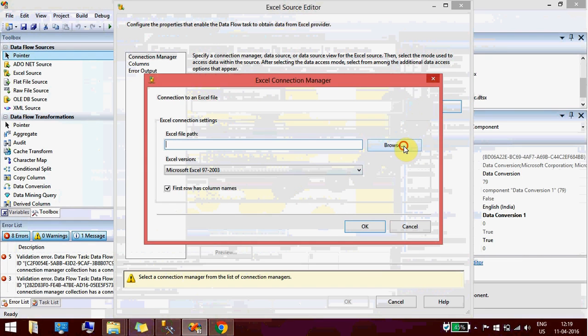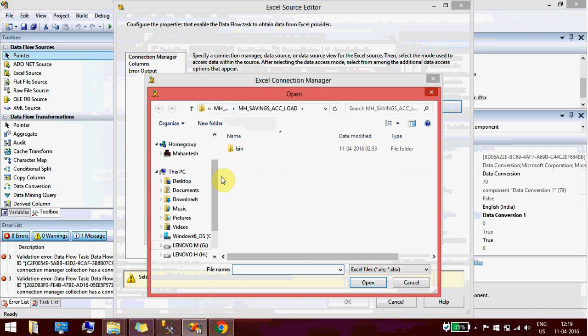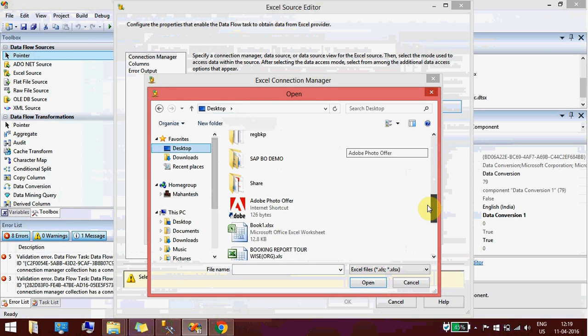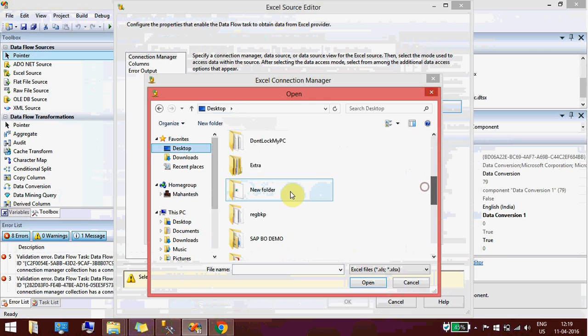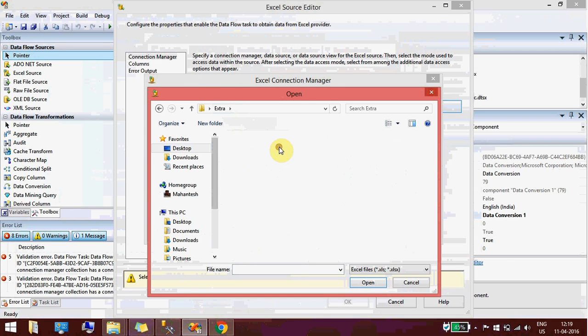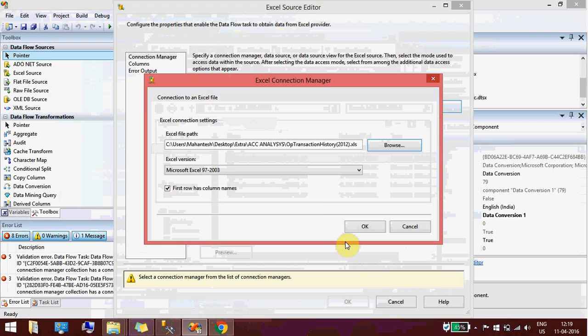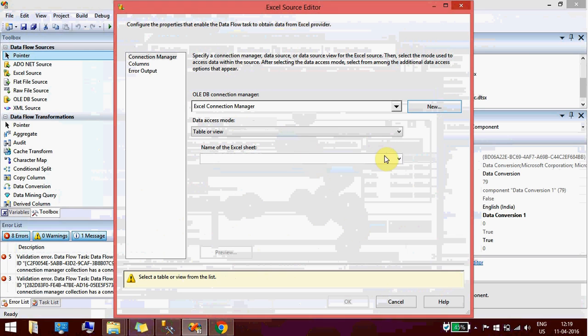So it is asking me just to create a source. You need to select at least one Excel at the starting.